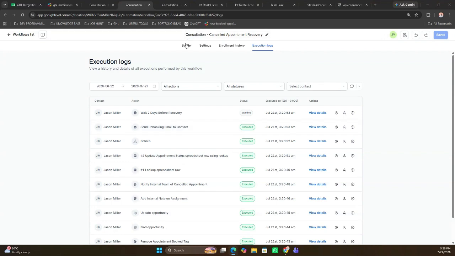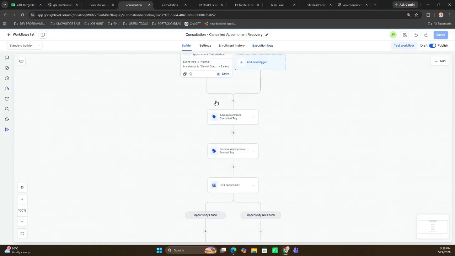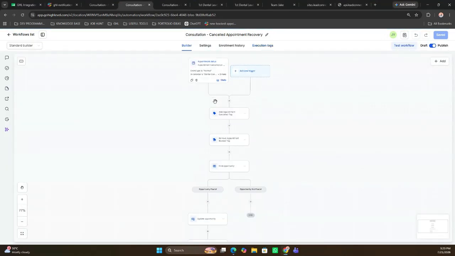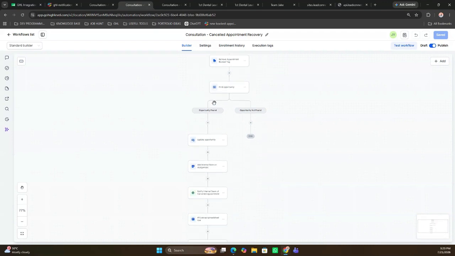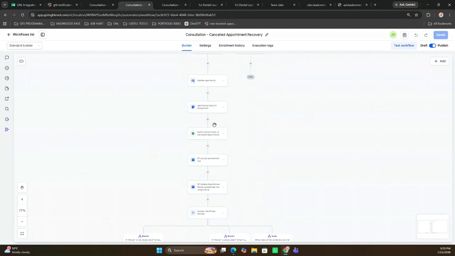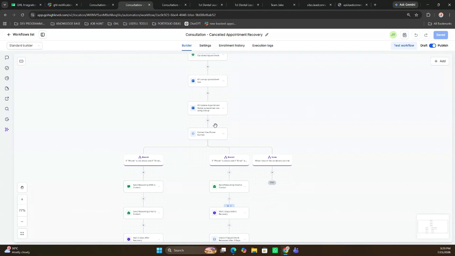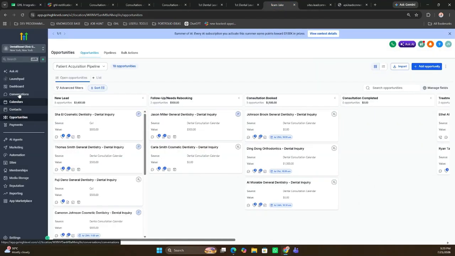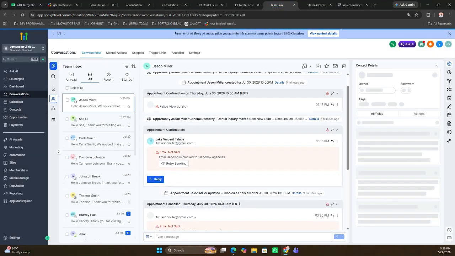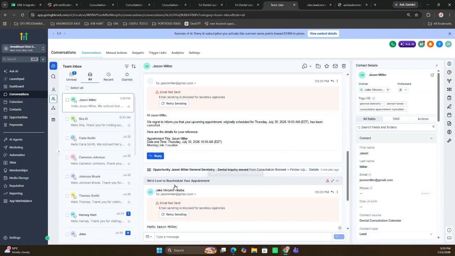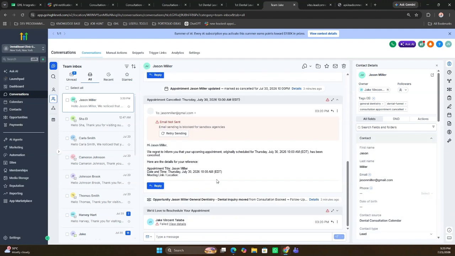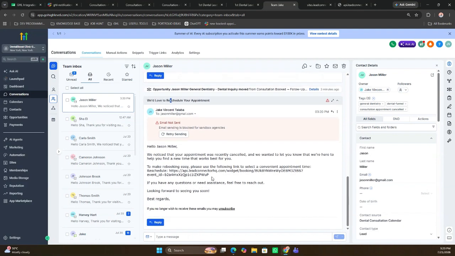And for the last example, let's say after receiving the recovery email, Jason Miller decided to reschedule his appointment. So if we go back to that conversation under Jason Miller's name, he will just click or copy the link included in that email that was sent to him to reschedule his appointment.